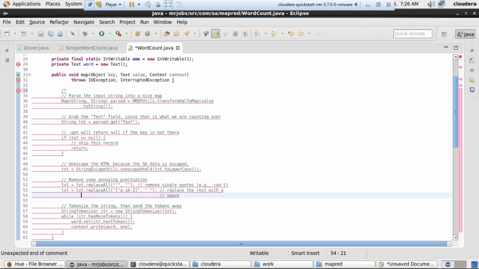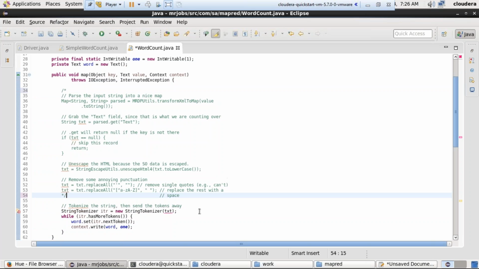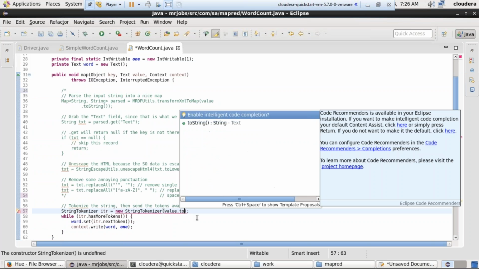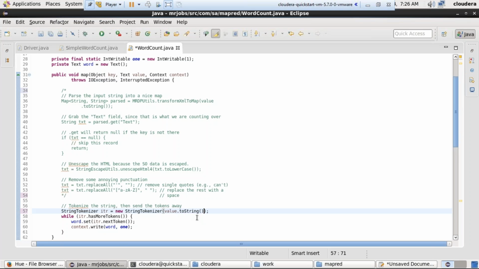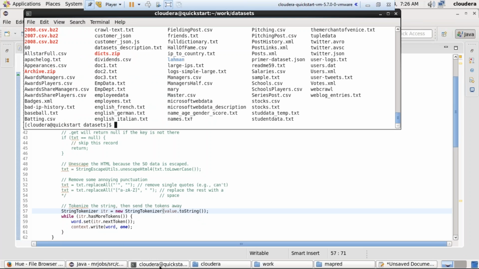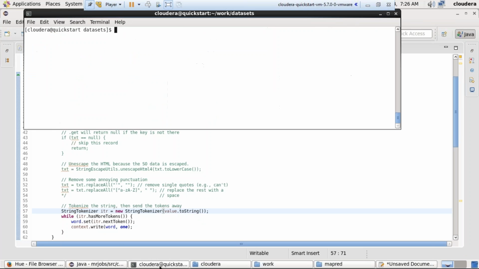If this entire code is being commented and run against your, what is that here? I say value.toString. I save this one. See, as we don't have that file, we altered the logic now. So what I try to do is,